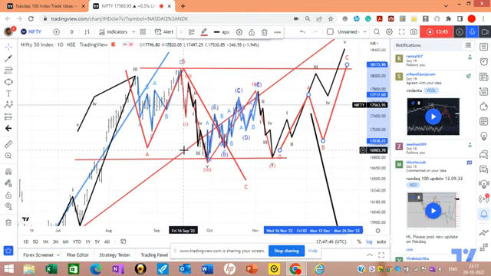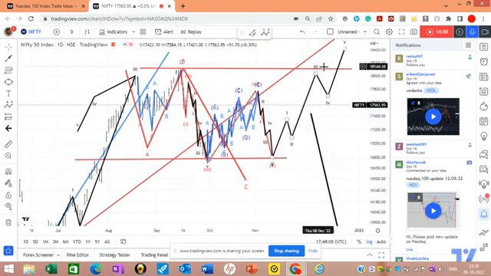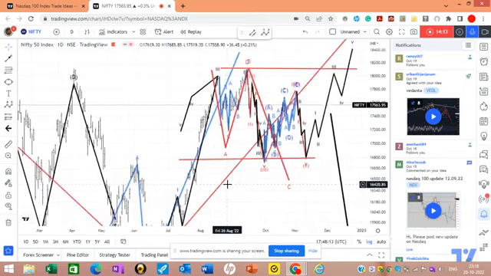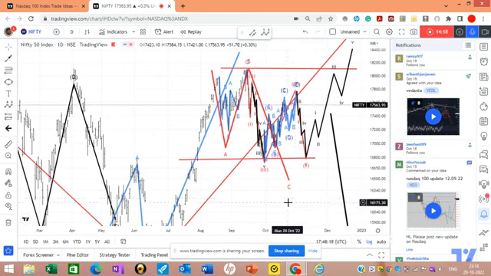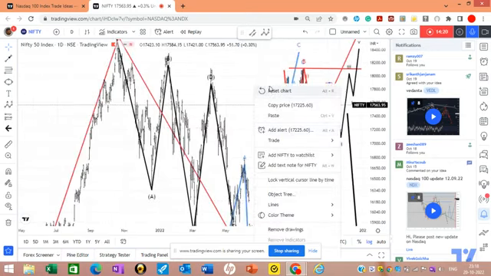The leading diagonal pattern analysis would not be correct, and then we will have to go with the third wave extension, and we are in the fifth wave. So this is the doubt which I am carrying, and this will only be cleared after this. Either we will have ABC corrections and then a fall, or we will have 1, 2, 3, 4, 5 wave. Now suppose if this is a fifth wave, then what will happen? What is the extent that Nifty can go? To what extent can it go?